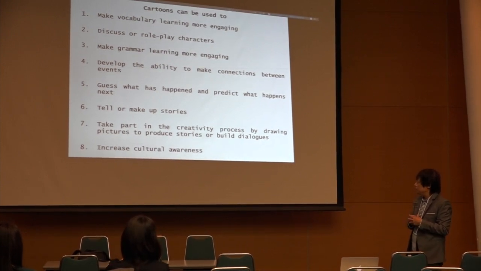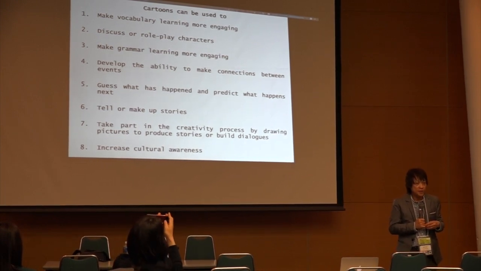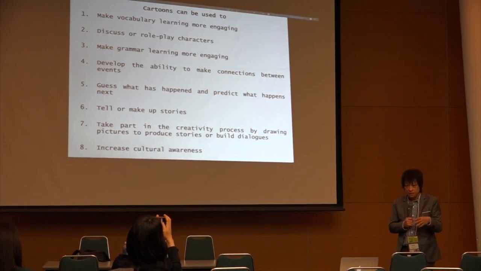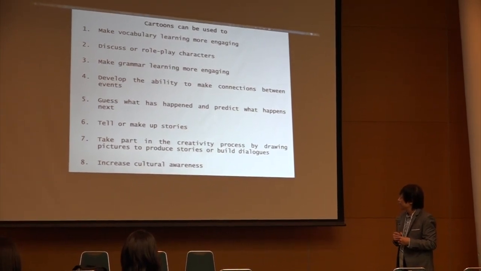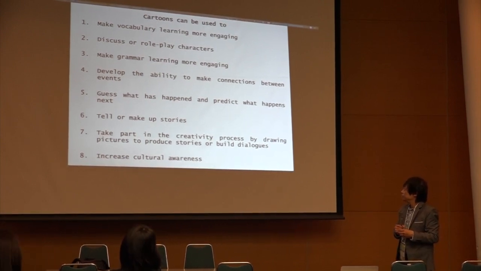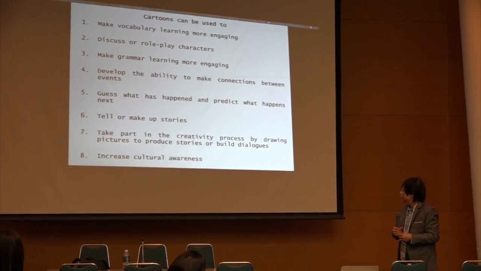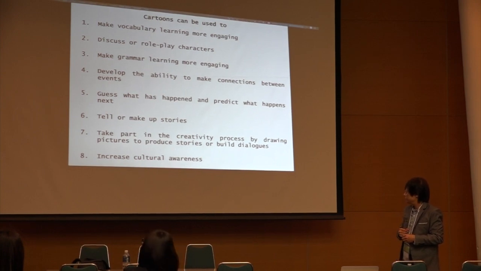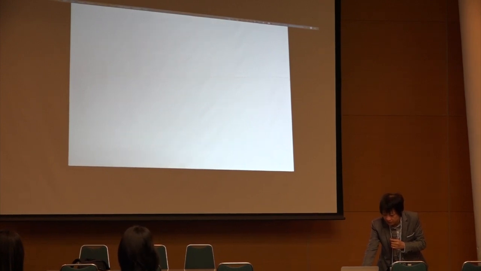Now, in this discussion, this is the structure. I'm going to share with you about 8 different strategies of how to exploit visual, but in this particular context, we'll talk about cartoons and fun drawings. One is to teach vocabulary, to teach role play, to teach grammar, to develop the ability to think creatively. Number 5 is to write story or tell story, predict what happened, and other things related to creativity and cultural understanding. So I guess those are things I would like to share with you.